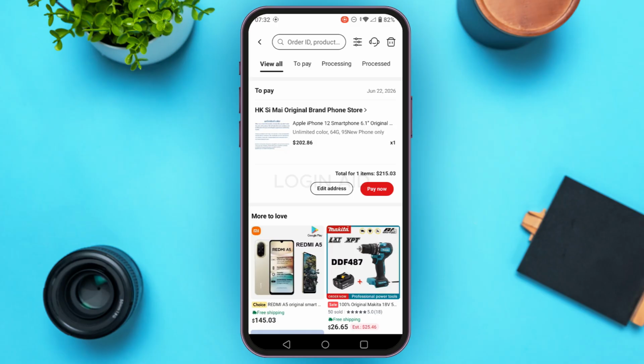Now choose the return method. When submitting the form, you'll need to select your return shipping method. You can select free return service or you can also select self drop-off. Now ship the item. Wait up to 48 hours for the seller or the AliExpress dispute team to review and